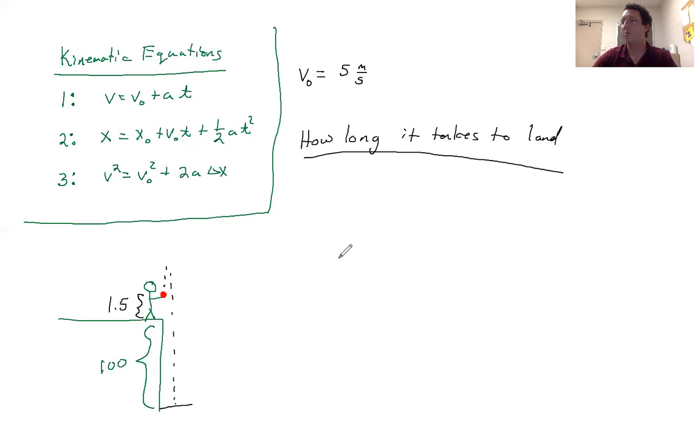We're going to assume there's no friction that's relevant, and gravity is the only agent which acts on the ball as it falls. So if that's the case,